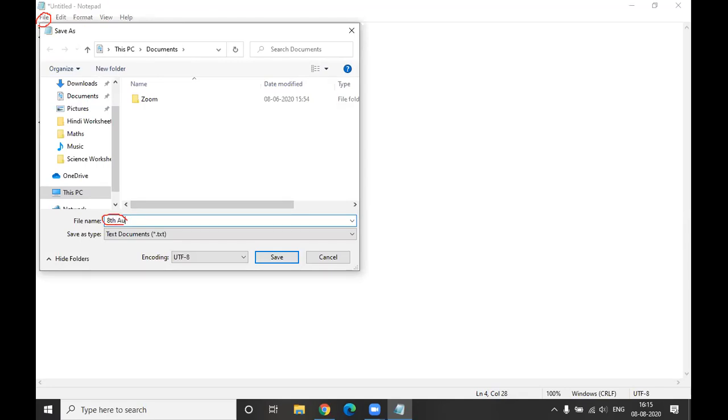Do not give a space as of now. 8th August, dot HTML. And in this drop down, select save as type, over here, and make it all files. All files. Okay, and let's hit save.